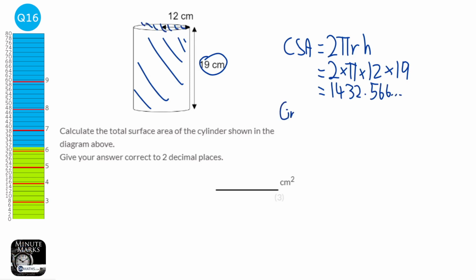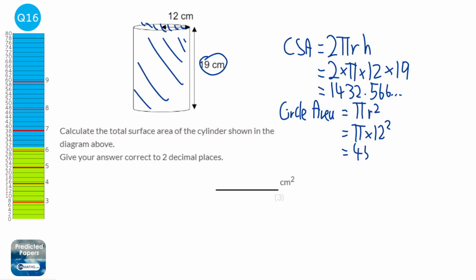So circle area. And the formula for that is just pi r squared. So pi times 12 squared, which will give us 452.389, and so on. Now there are actually 2 circles, so when we work out the total surface area,